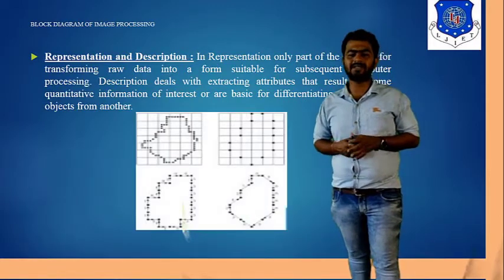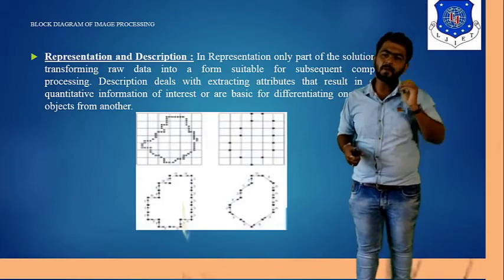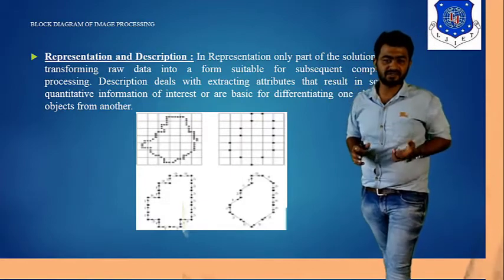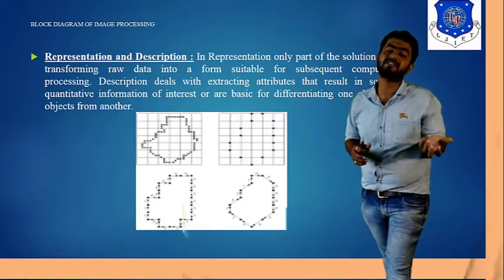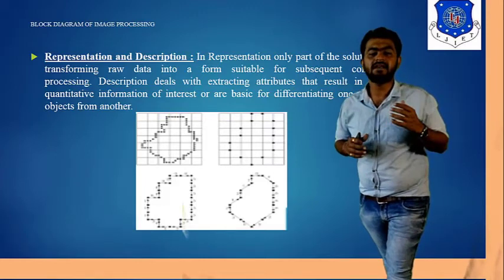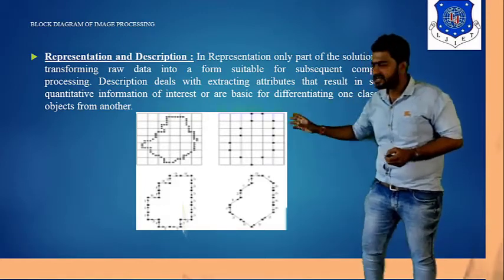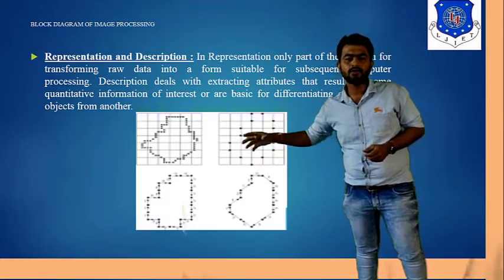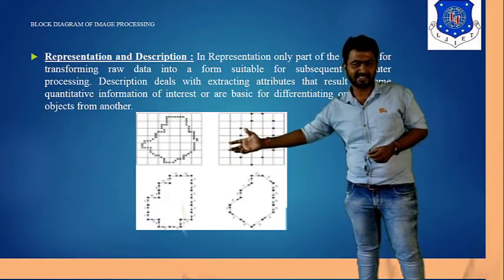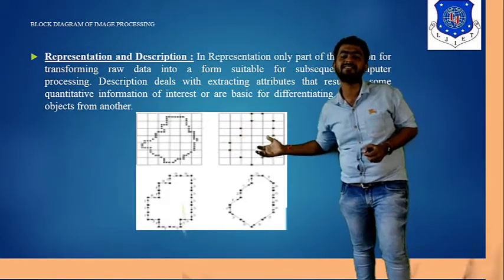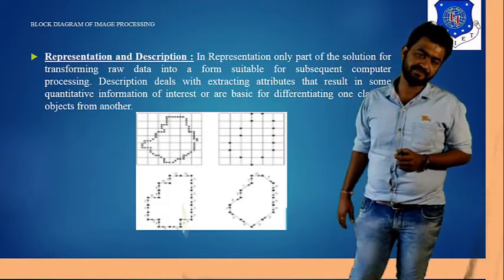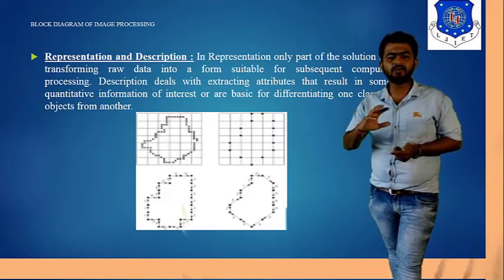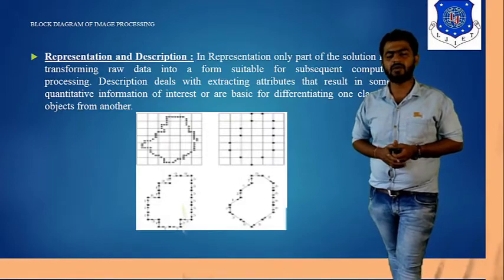Representation and description means what? A minimum set of points that represents your whole content. So ultimately, we have to discuss the features, the meaningful parts, and the region of interest when talking about representation and description. Here you can see we have this particular area, but these points also represent this particular image. So if a minimum number of points represents this image, it means you are reducing the size complexity and also the time complexity, right? So it's a representation and description of the image, based on the suitable criteria or data that we have.